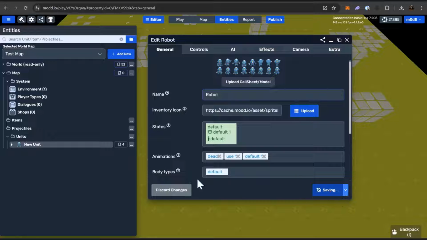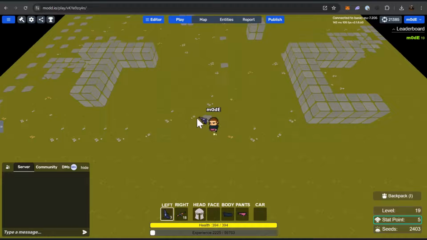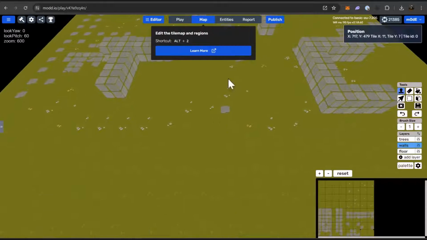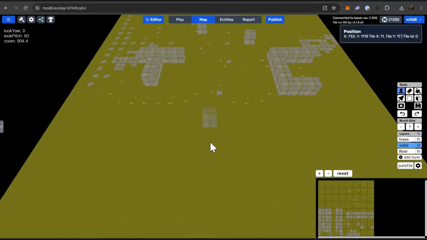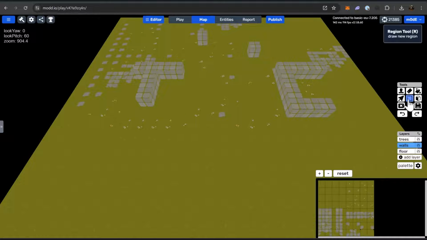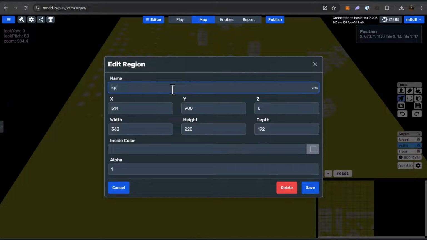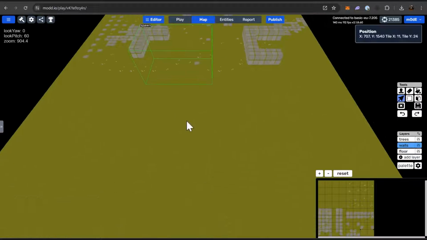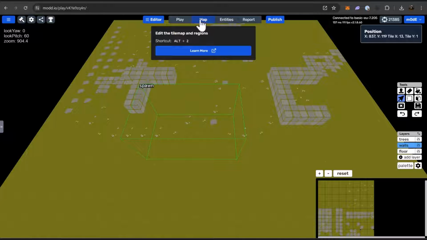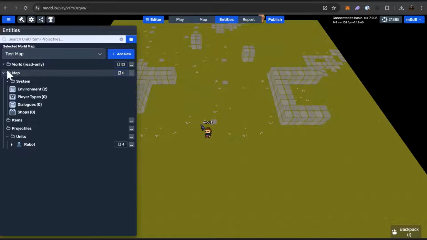And to place it on the map, there are a couple of ways to do it. One is, okay, this map has no regions or anything. So I'm gonna create a region by choosing the regions tool and drag a region, and we're gonna call it spawn. Save. So we have a spawn, and then what I can now do is go to entities,